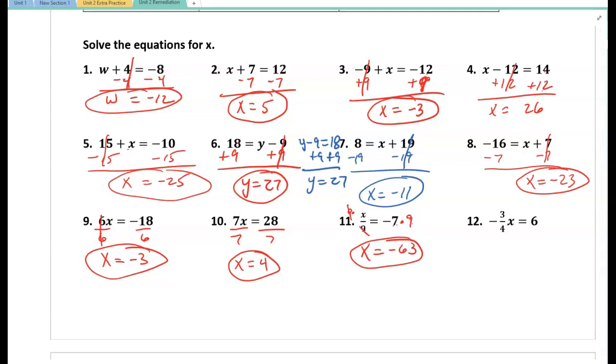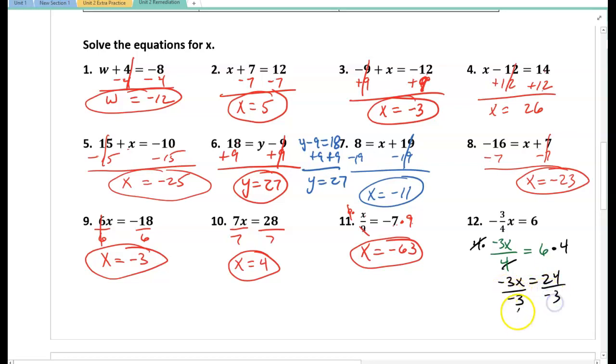Now, anytime I get fractions, guys, I like to do one of two things. I'm going to rewrite this as negative 3x over 4 equals 6. Now, to get rid of a fraction, if I multiply by the denominator, the 4s would cancel out and leave me with negative 3x equals 24. Now, all I have to do is divide by the numerator, and x would equal 24 divided by negative 3,